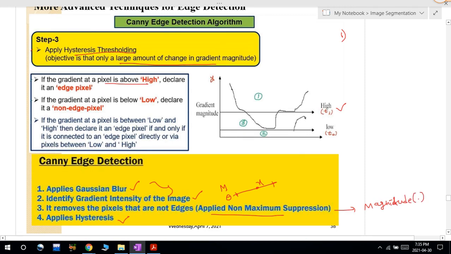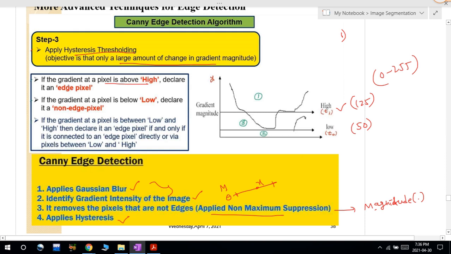After getting this gradient for that pixel, I will compare this magnitude value with the threshold value. I will take these threshold values, like 125 as the high threshold value and 50 as the low threshold value. These are the threshold values which I will take between only 0 to 255. I will take the optimal values which will give the correct result. I can take it as a trial and error method, or by using some algorithm I can get the high and low threshold optimum values.